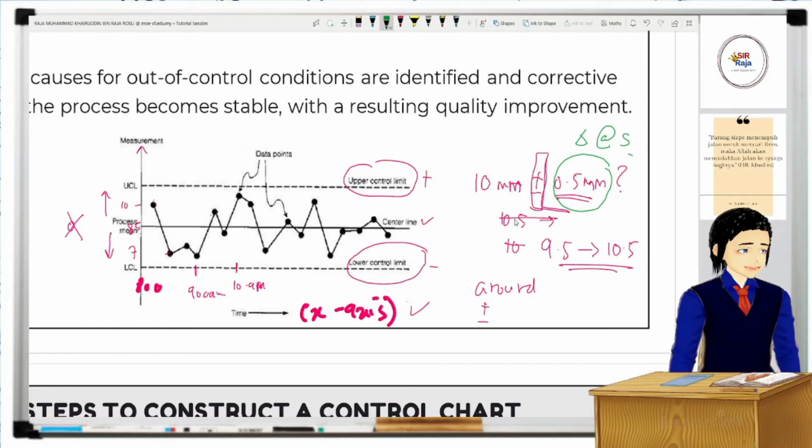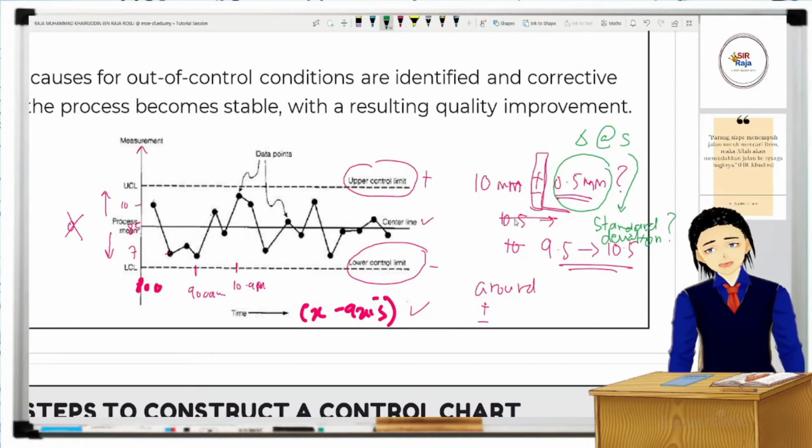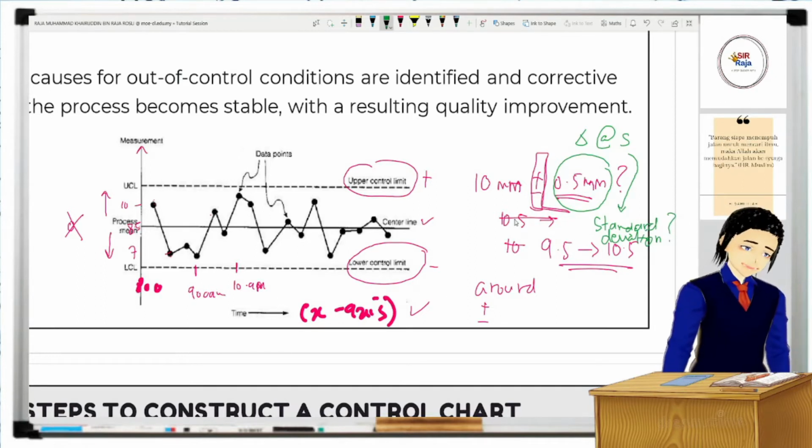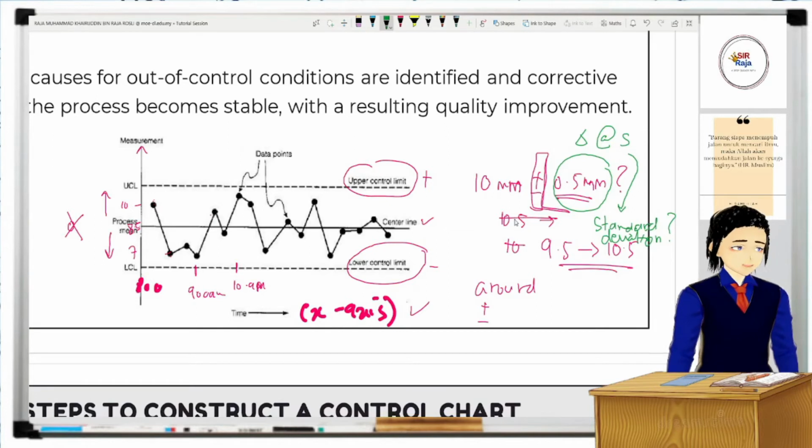So if you watch this video again, this is actually standard deviation. Okay, so do you know where you learn standard deviation? Alright, I'm pretty sure you learn standard deviation in your statistics. I think form 4, form 5, I'm not sure, but at your SPM level you have statistics, and then at matriculation level there is also statistics, but I'm not sure